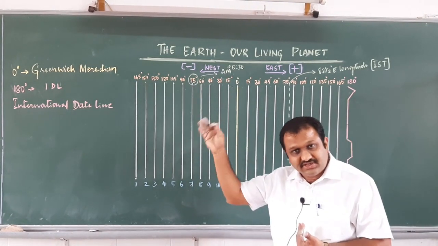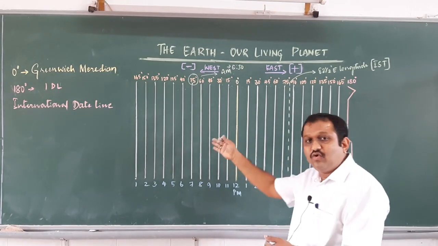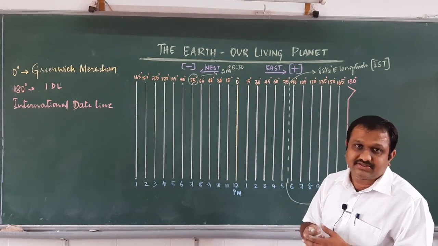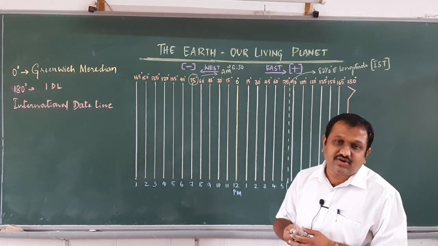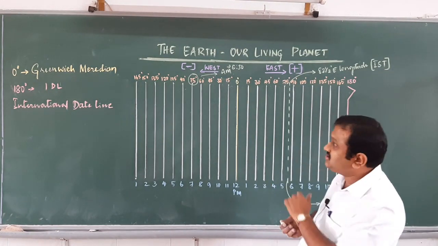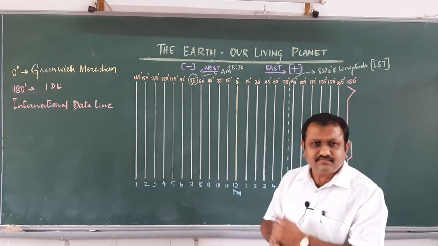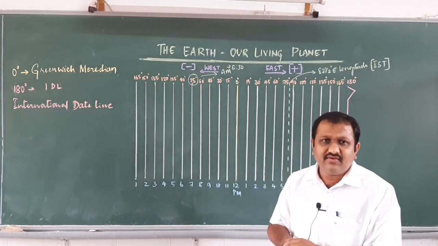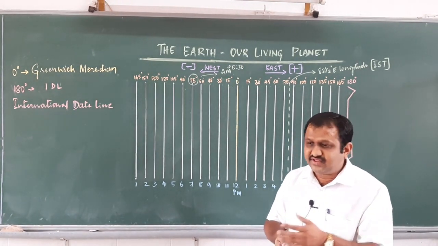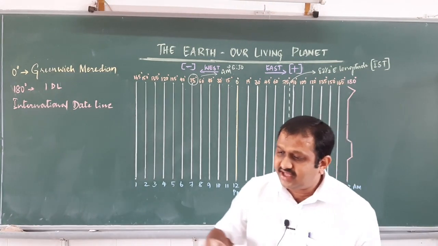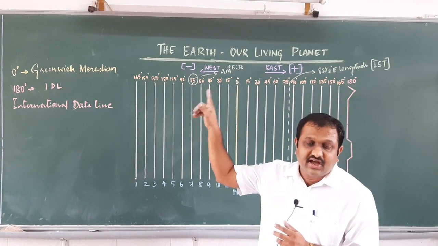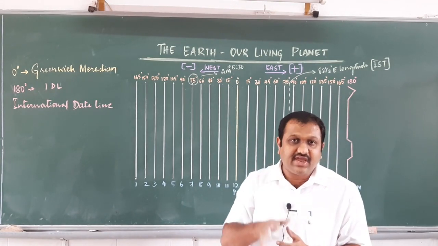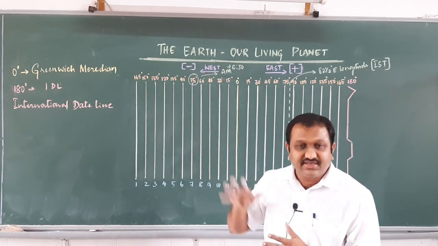So if you go to the west, it is minus. If you go to the east, it will be plus. So this is a very simple method. In order to make this concept very clear to you, I have drawn this diagram, and I hope it is very clear to you. Rest of the things we shall discuss in our next class, and that ends your chapter, dear boys. Earth, our living planet, this chapter came to an end with this concept, and this is the last concept